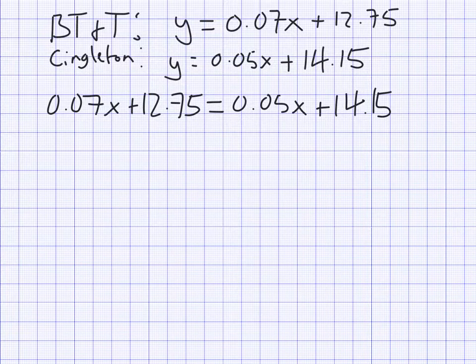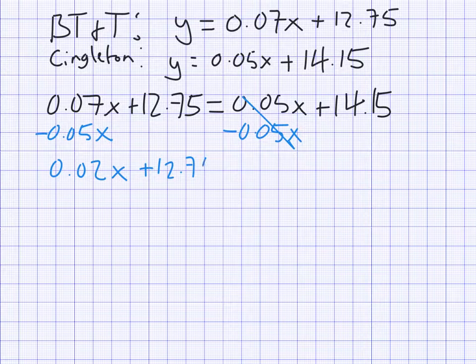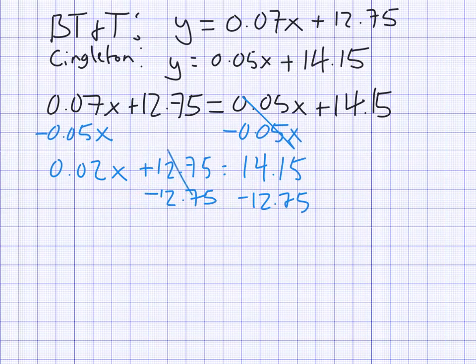So this is a basic linear equation, even though there's decimals. Calculator can do the hard part for us. We need to get all our x's on one side, all our numbers on the other. So I'm going to move this 0.05x. I'm going to subtract it from both sides. Cancels out here, and now over here we have 0.02x plus the 1275 equals 1415. So now all our x's are on the left. Similarly, we need to get all our numbers to the right, so I'm going to subtract the 1275 from both sides. Cancels out here, and we're going to get